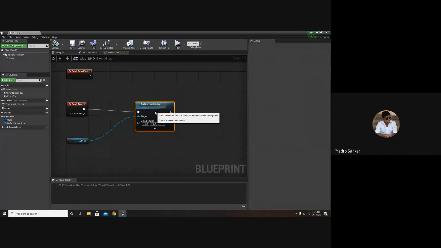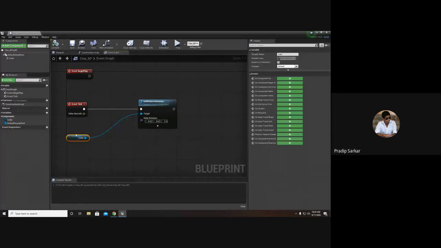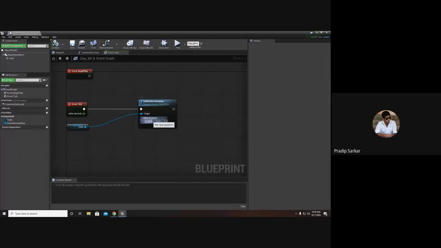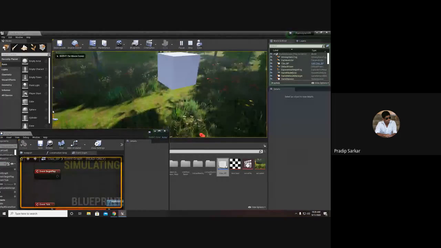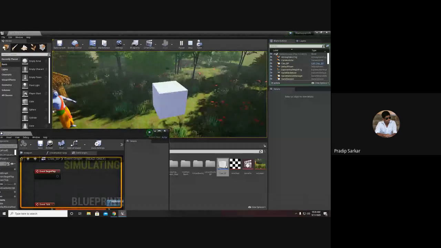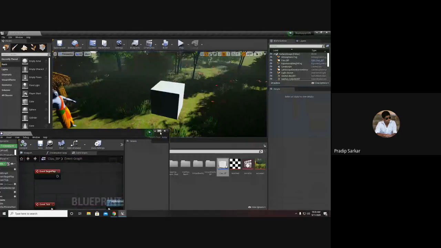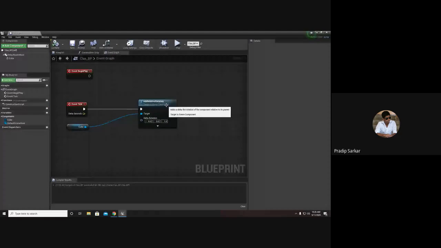Now that the cube is rotating, each and every time I want to change the rotation speed, let's say I want the cube to rotate a little bit faster or a little bit slower, I have to open the blueprint and change the value.